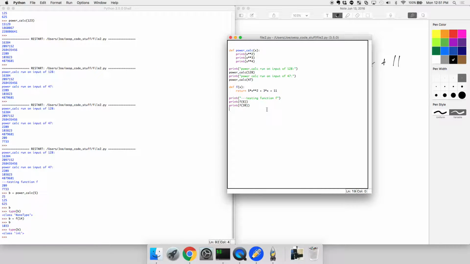And functions also don't need to have just one input. We could have another function, let's call it def g, and let's have it take in 2 arguments, x and y, right? And have it return x plus 67 times y, okay? And again, let's put a little bit of a header, so testing function g,